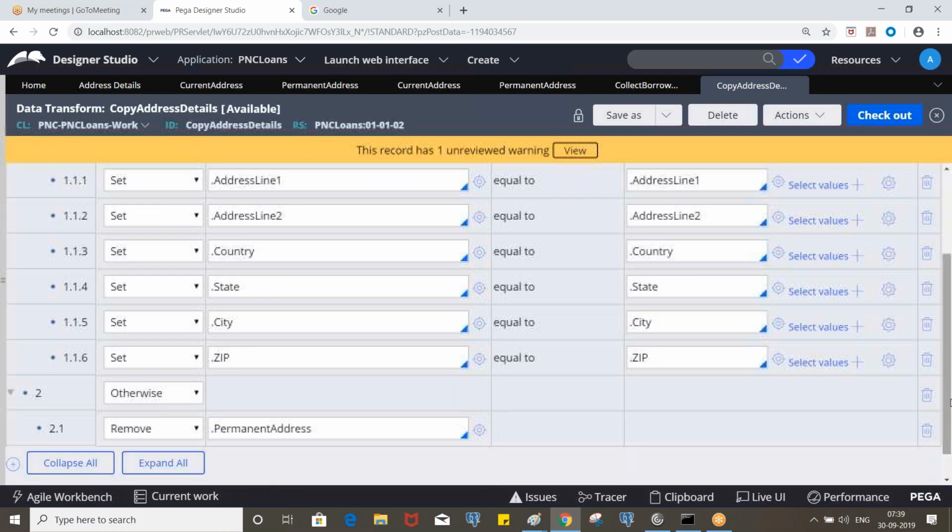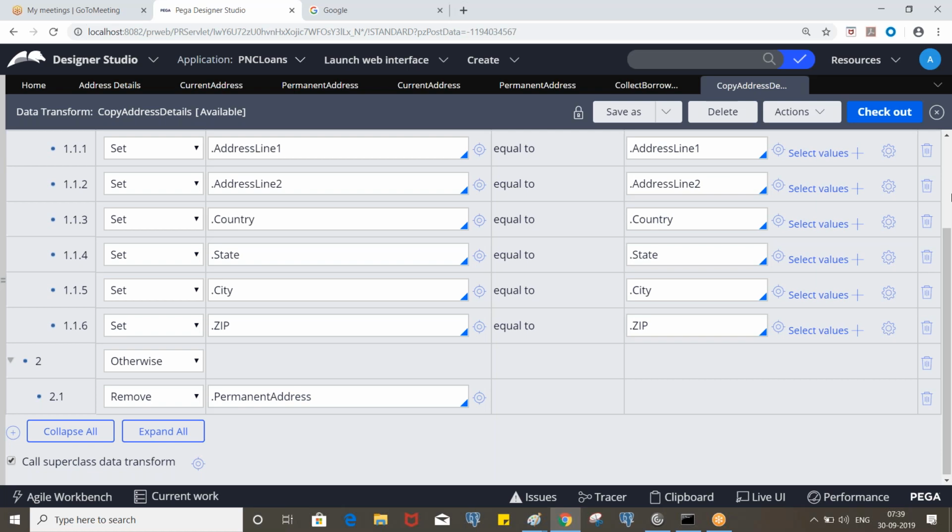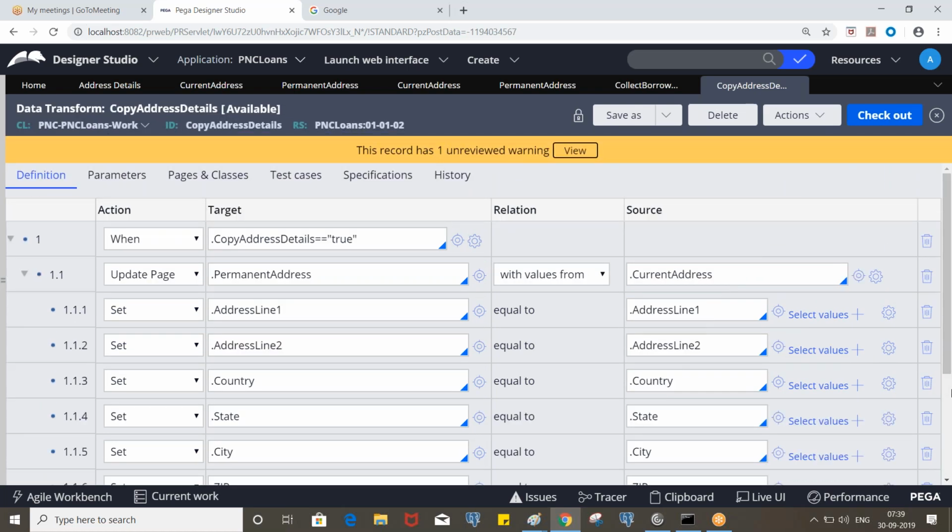Or else, we will test this first, and we have other options also. Instead of removing the whole page, we can use the properties set action and assign null values. Okay, let's invoke this and test. Clear so far?